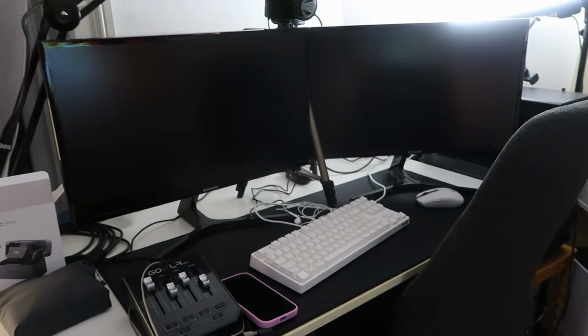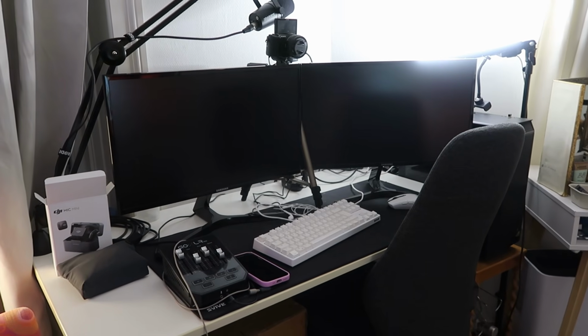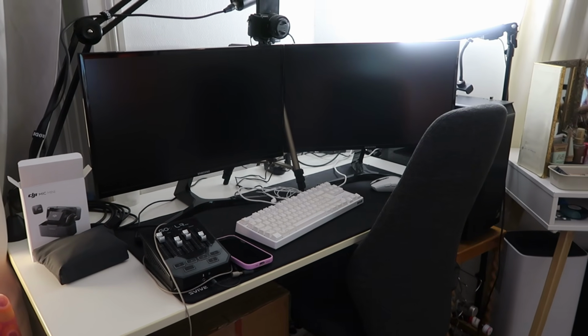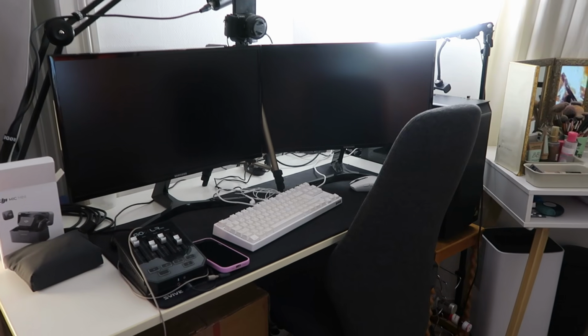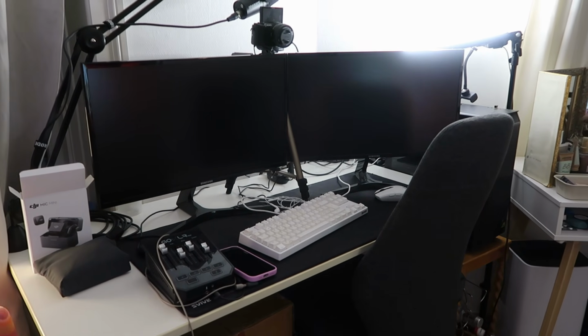Then we have my setup here, I can put all of the specs on the screen. I really like this setup and the specs are really good. I might upgrade a thing or two in the future, but right now I don't feel the need to. The only thing aesthetically I would change is maybe that I don't really like that everything is black, so I think I might